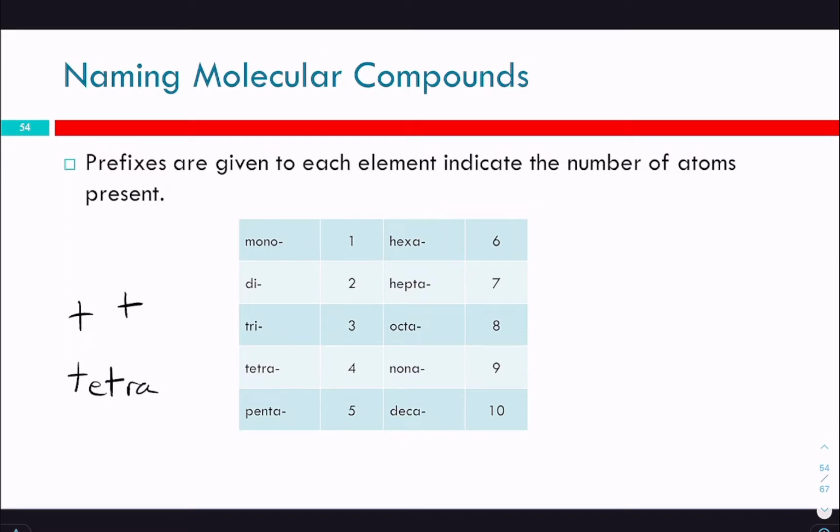Hexa, like a hex wrench, which might not be familiar to everybody, huh? Or a hexagon, yeah. Hepta is like a heptagon. Octa is what stop signs are, octagons. Nona is 9, that one kind of sounds like 9, and deca is 10. So if you can come up with ways to remember those,